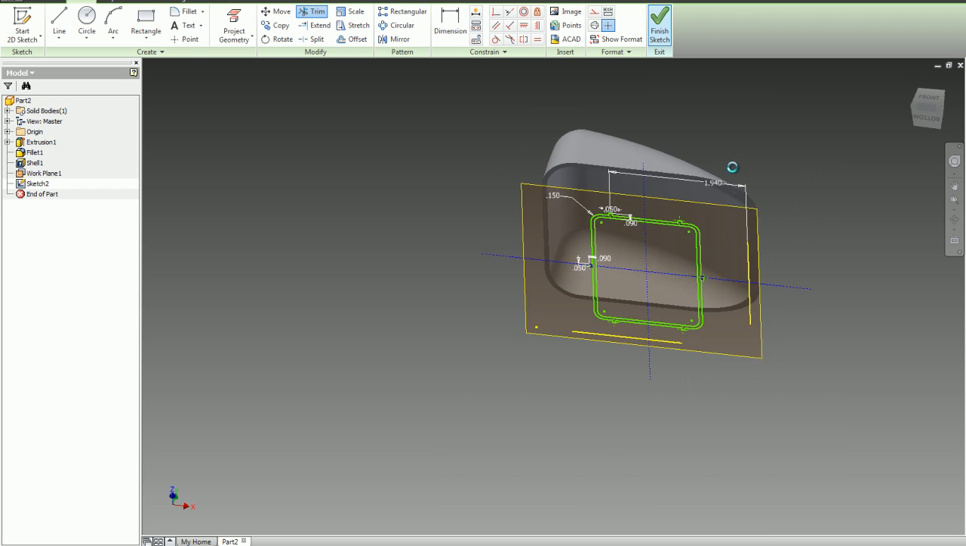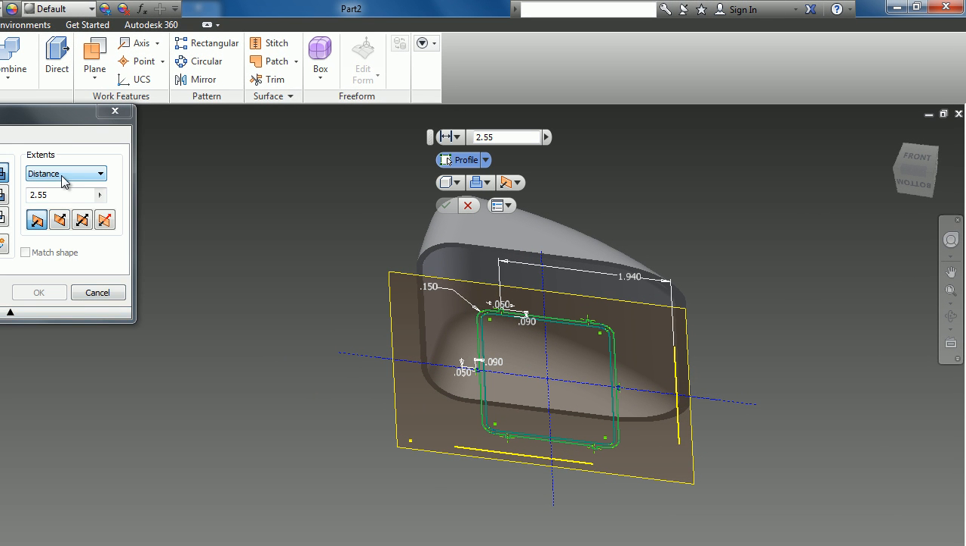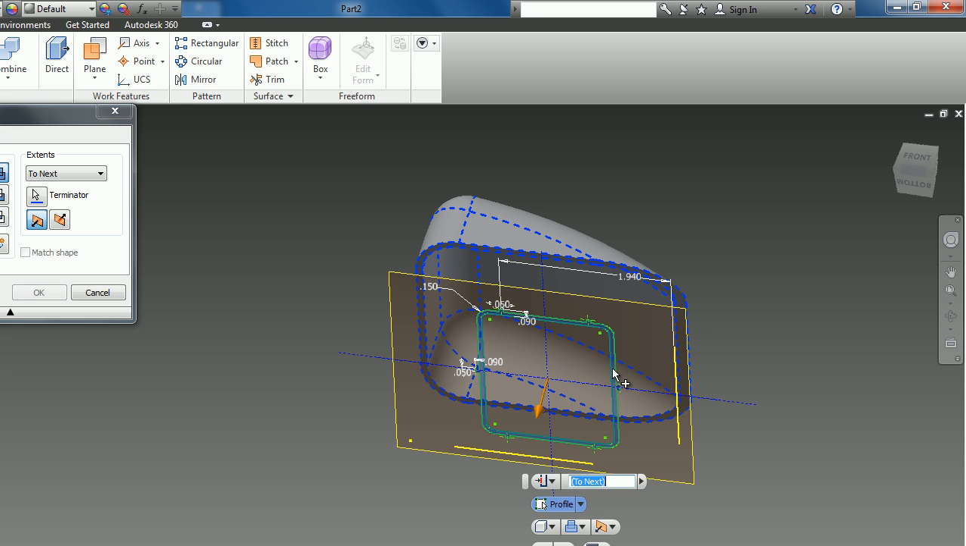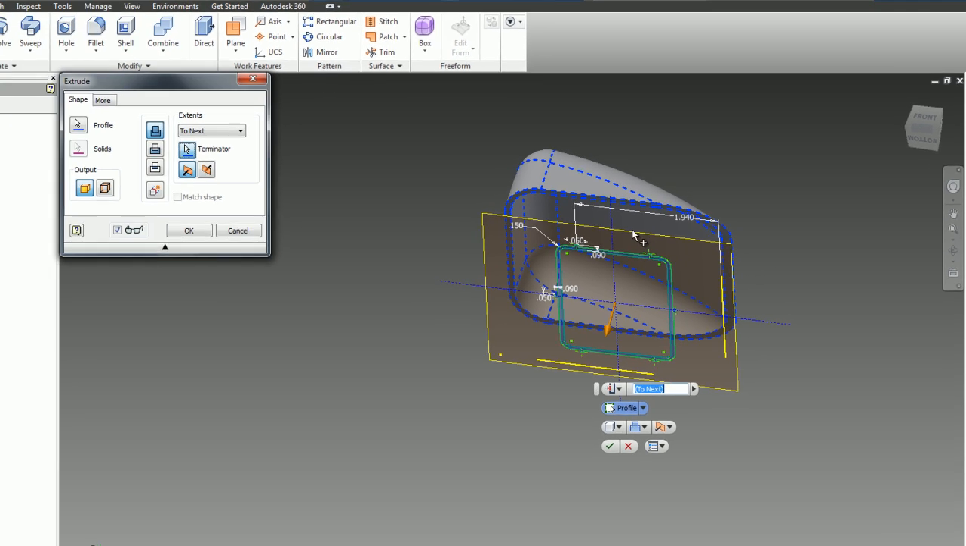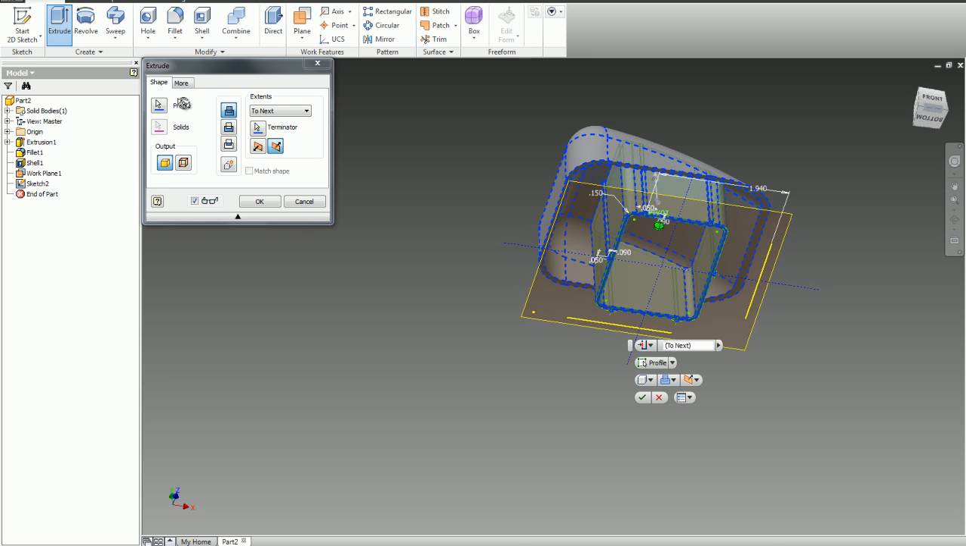I'll go ahead and finish my sketch. I'm going to go to extrude, and in my extents, I'm going to choose to next. I'm going to select my profile, which is everything that I just drew, and I'm going to select this. I'm going to go the other way. There we go. So that it's going up to the next face,